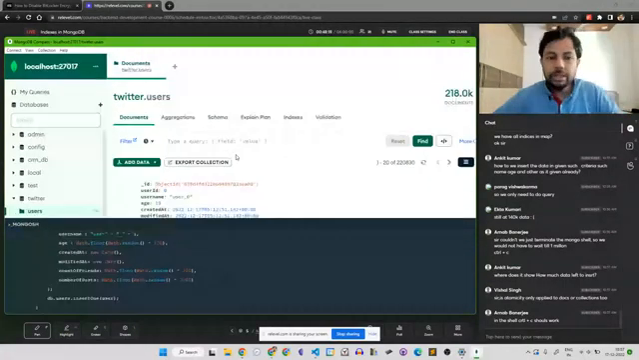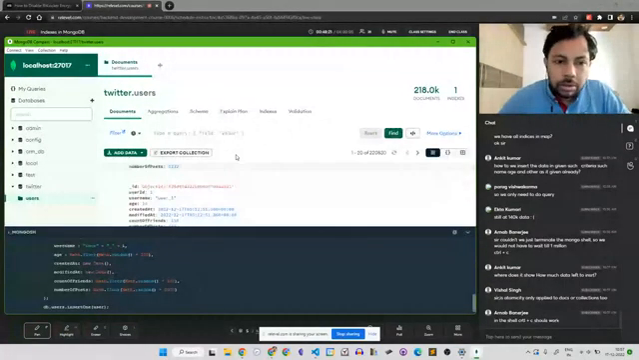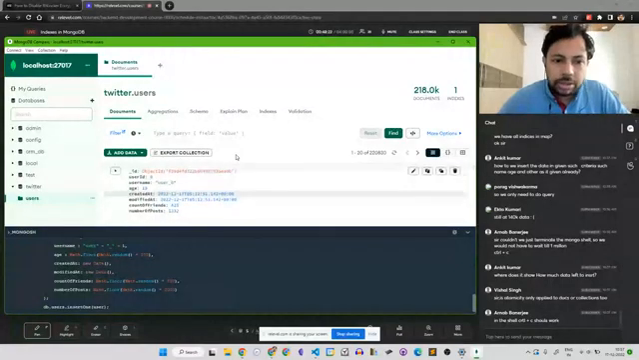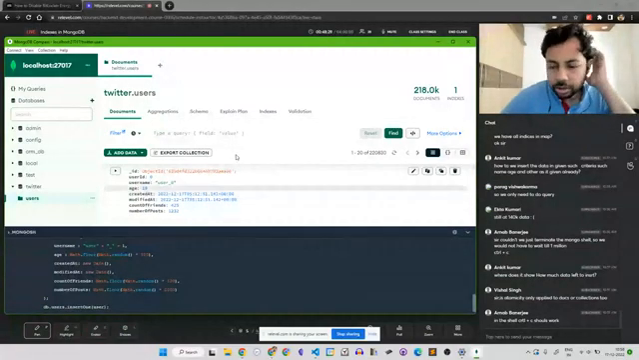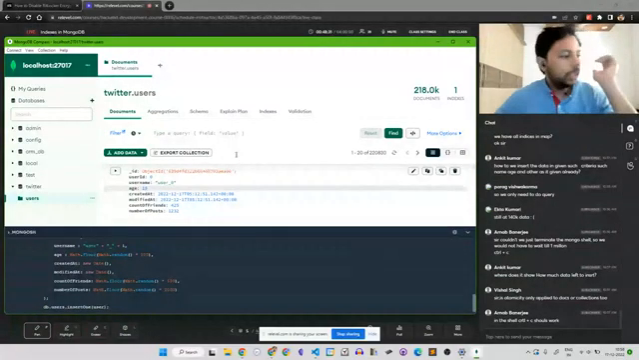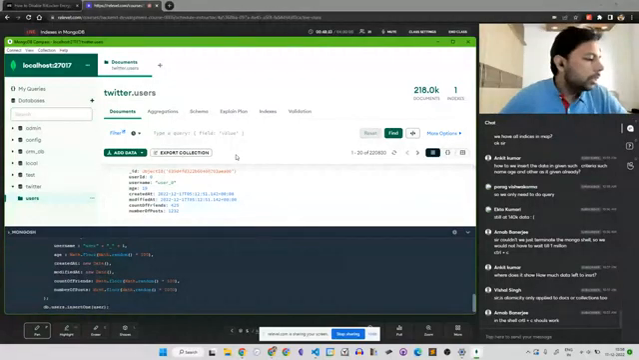Let me do control minus here. So there are a bunch of documents. This is how a document looks like. User number 0 has age 19 and these are the values. Okay. Now this is once it is inserted,